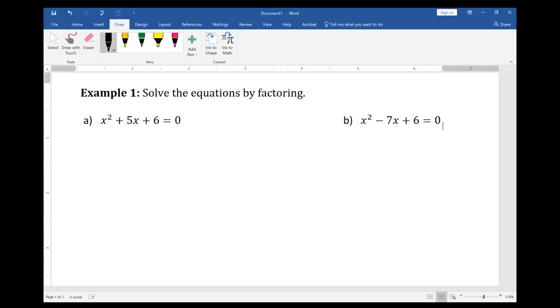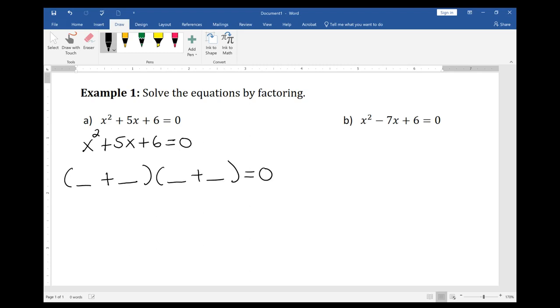So let's go ahead and start with step 1, write the equation in standard form. Luckily, x squared plus 5x plus 6 equal to 0 is standard form. Moving on to step number 2, factor the quadratic equation completely. We have factored before, so we will apply the same factoring methods to factor this trinomial. So I will go ahead and follow the fill in the blank method. We have parentheses blank plus blank times parentheses blank plus blank equal to 0, and I will fill in the